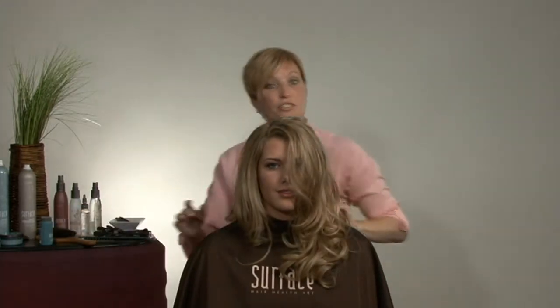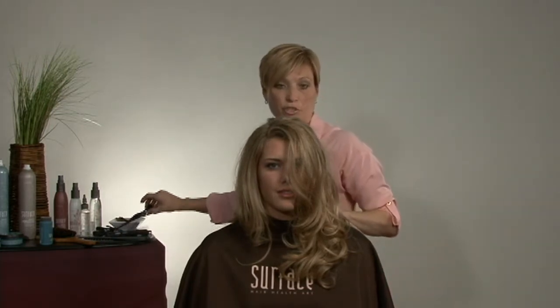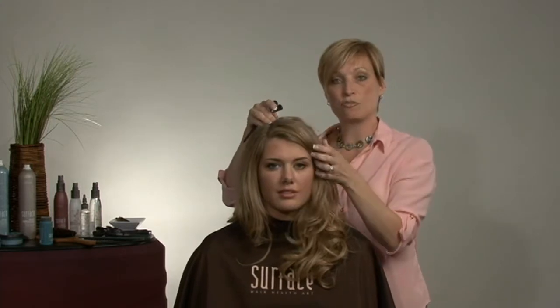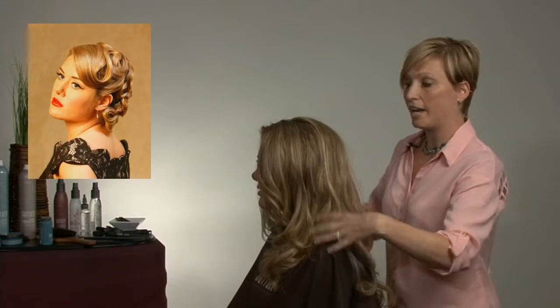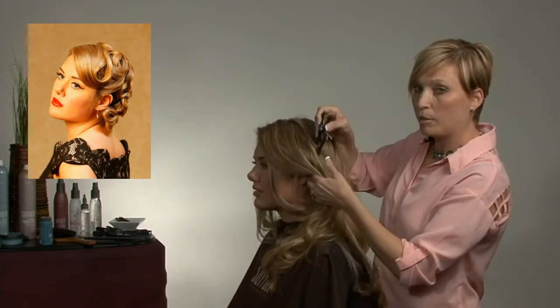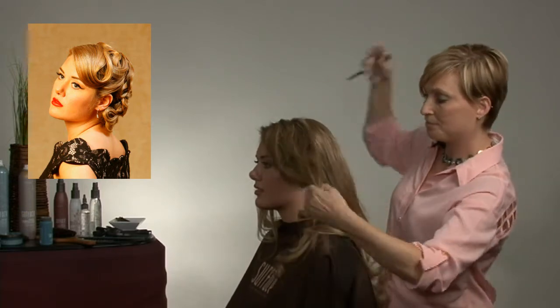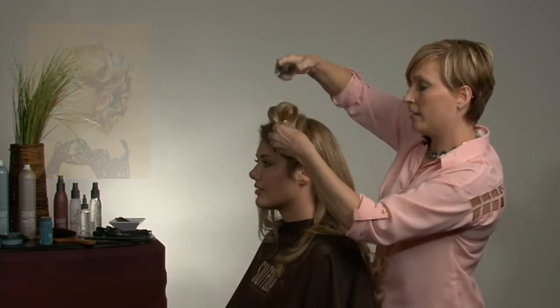The next thing we need to do is begin our part lines. So with our Surface clips, we're going to start working with a right side part. We're working with a nice dramatic part line here. We're going to take the parting right from the high point of the head, and sweep it right down just behind the right ear. We're going to clip the hair right out of the way,